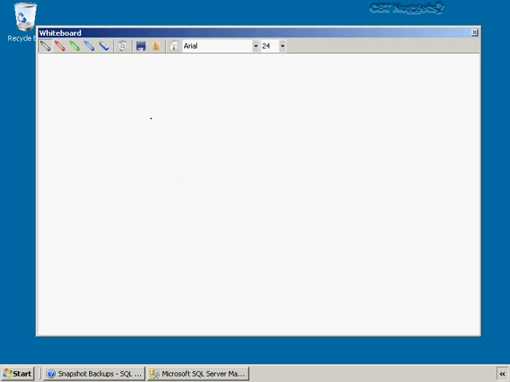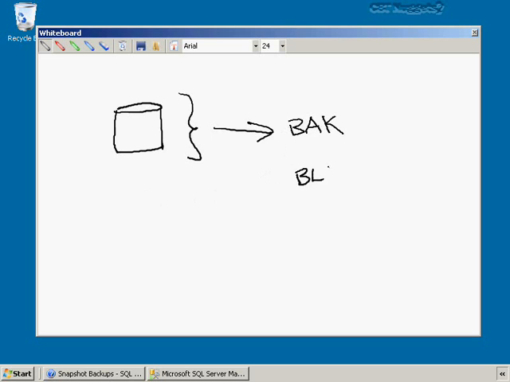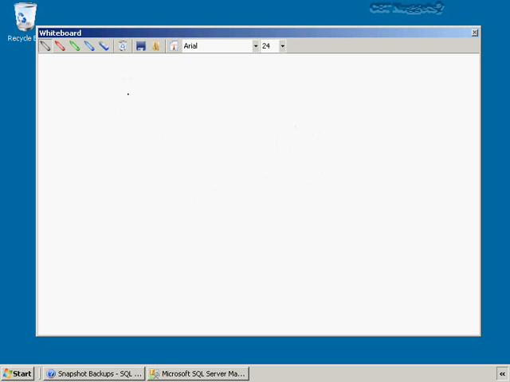Normal SQL Server backups just grab the database as it sits and dump it to a backup file, which you might have as a BAK file, or if it's a log backup, you might come up with a BLG or some other. You can put whatever file name extension you want. It's important to note that the snapshot only works with third-party hardware and software support. It is also important to understand that SQL Server databases themselves can operate in one of three different recovery modes: simple,